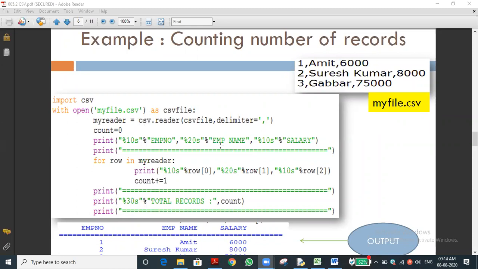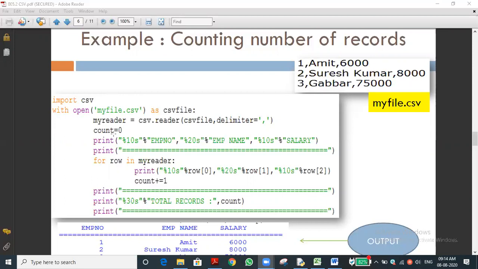It will open in the read mode, because it is the default mode. And we are getting a reader object, myreader, where we are reading the CSV file myfile.csv, and we are assigning 0 to count. In order to count the records, we are using this variable.